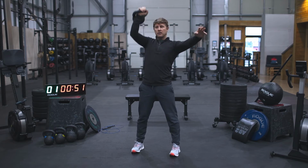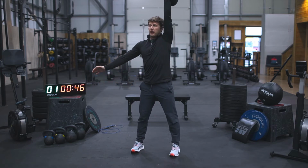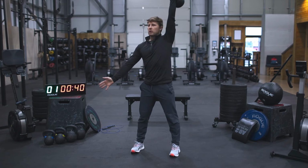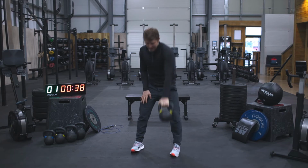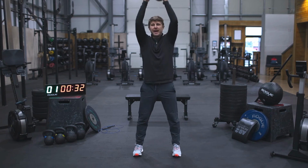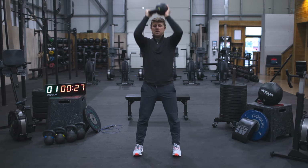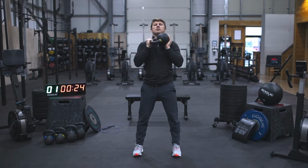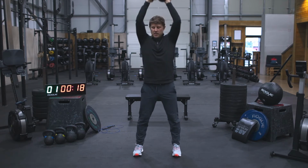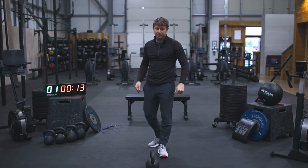4, 5, swap the hands over, another 5. 1, 2, 3, 4, 5. Now if you've got a kettlebell, say it's a 24, something a little bit too heavy, you can by all means grab the kettlebell this way and go through them. 3, 4, 5, 6, 7, 8, 9, and 10. There's my 20. Next one we're going to do in 15 seconds time, it's going to be our bent over